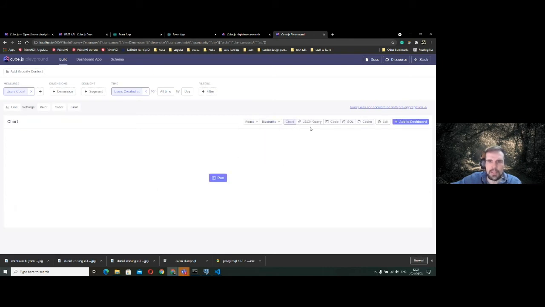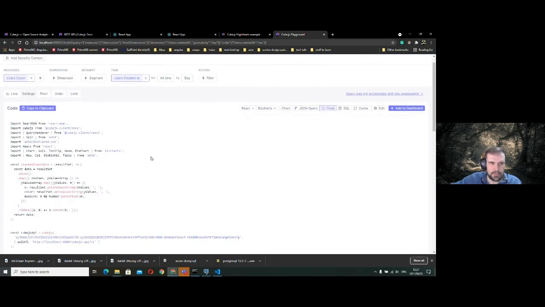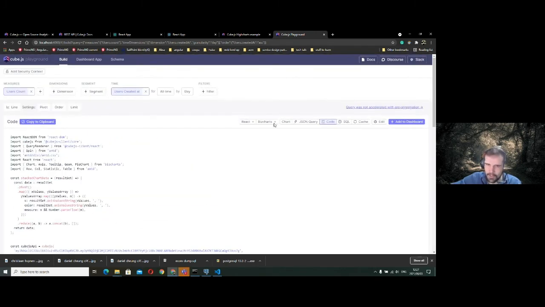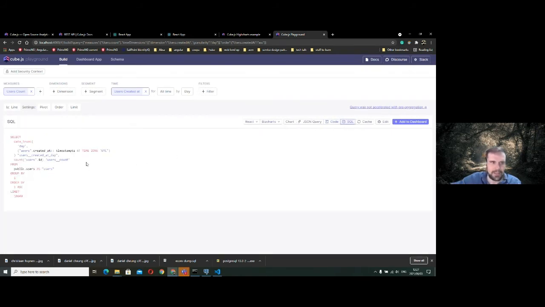So it's very lenient, and you can also check from the API point of view how you would set up your query and the code for that specific query if you want to inject it into a specific component for the specific library that you're using for the specific framework. And if you really want to check the SQL out, there is also availability to check the SQL. And also, if you want to cache it on the database, you can then cache it and extract it from the cache with pre-aggregations and roll-ups, which is quite handy.